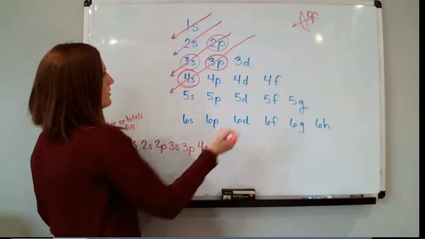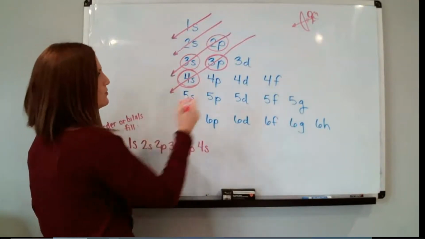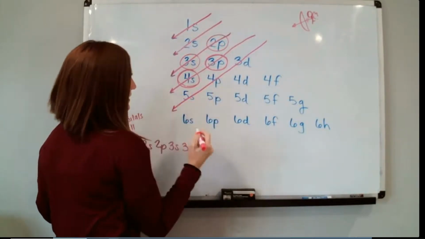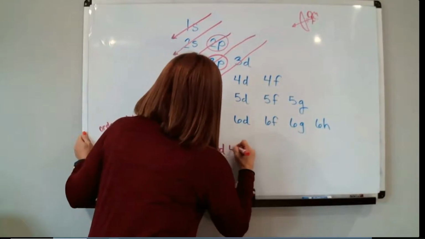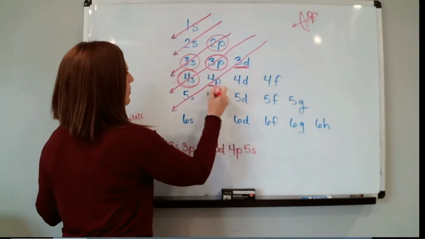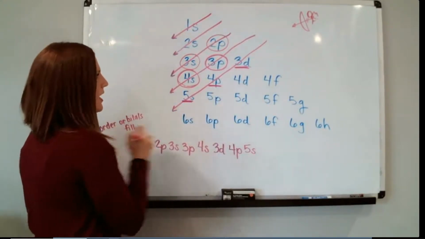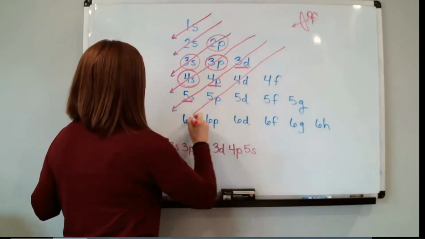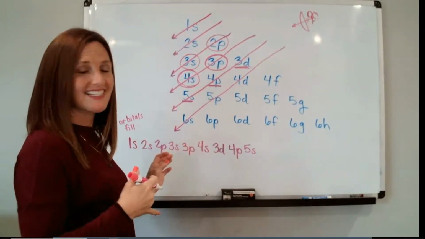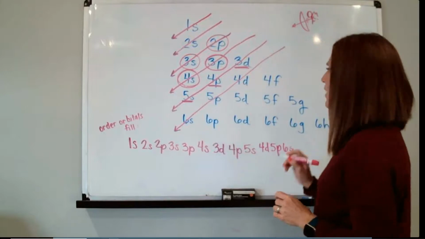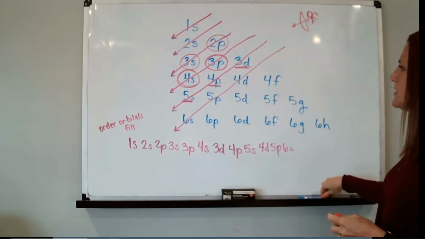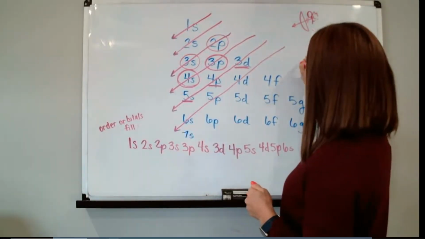Now we shoot another arrow, and this one's going to hit 3 different groups in a row, 3d, 4p, 5s. We write that down. 3d, 4p, 5s in the order they were hit. Another through here, and we get 4d, 5p, 6s. We're getting pretty low on the periodic table now, and I'll show you that in a minute. We need a 7s, so we're just going to put it in here. So we're going to draw our line through,